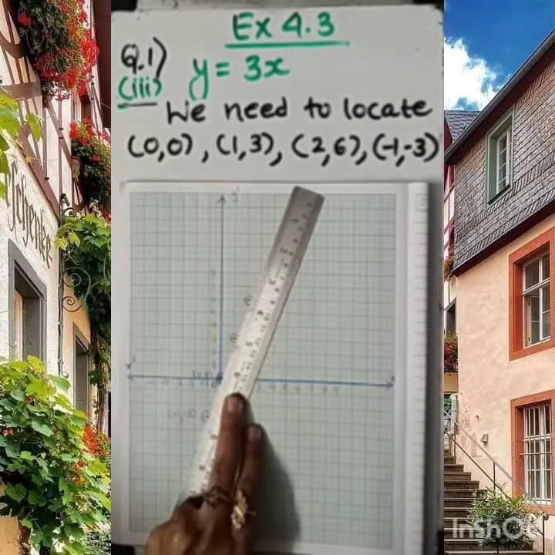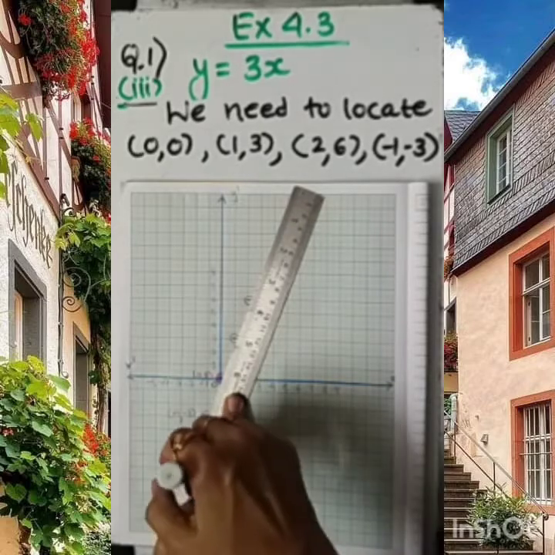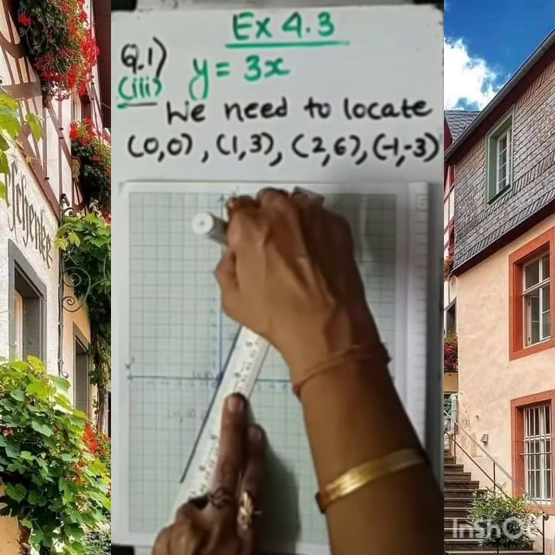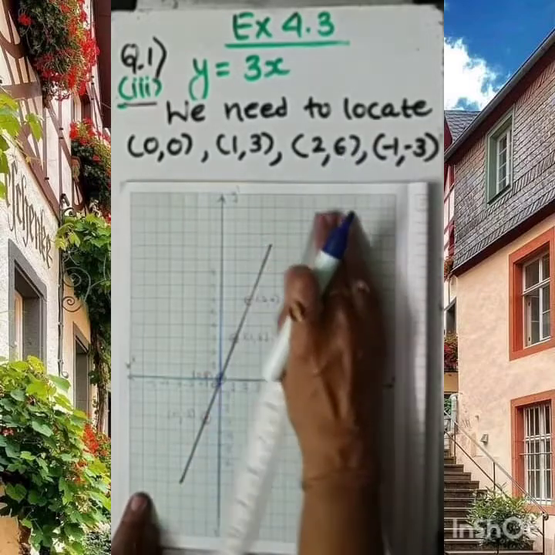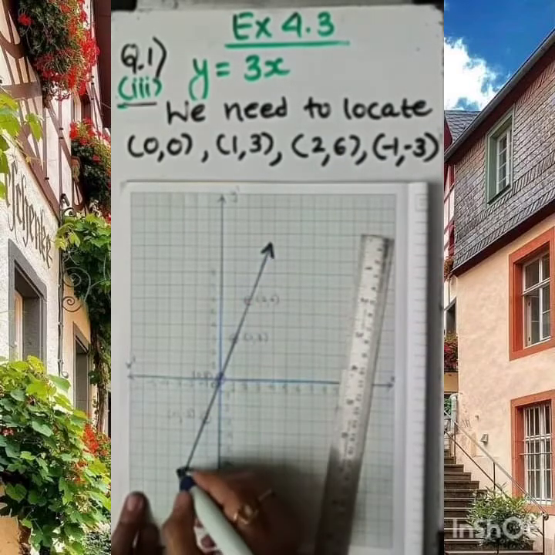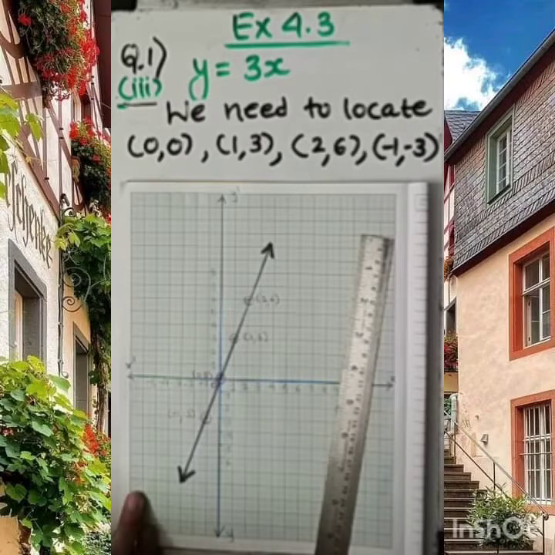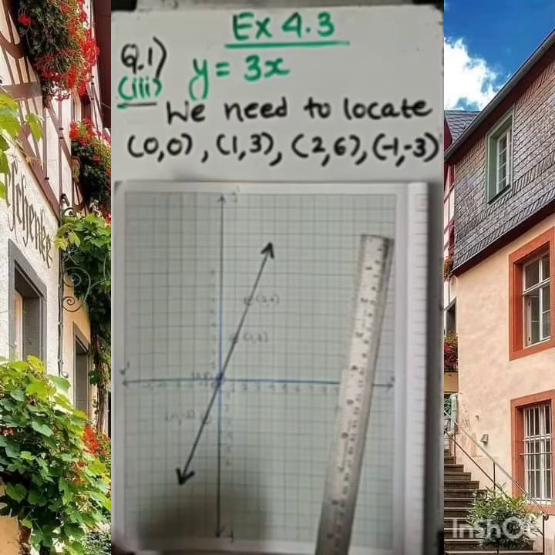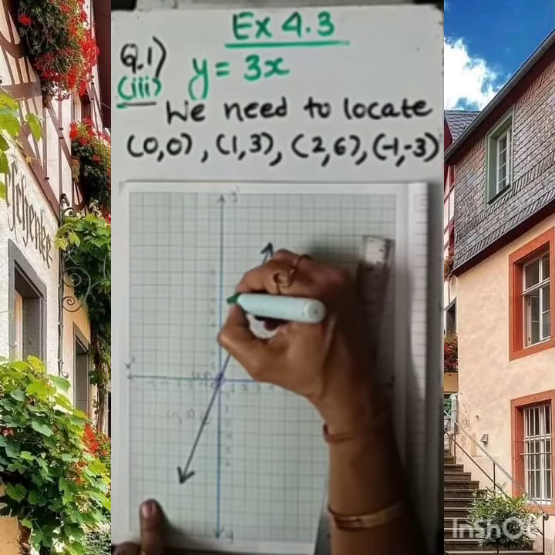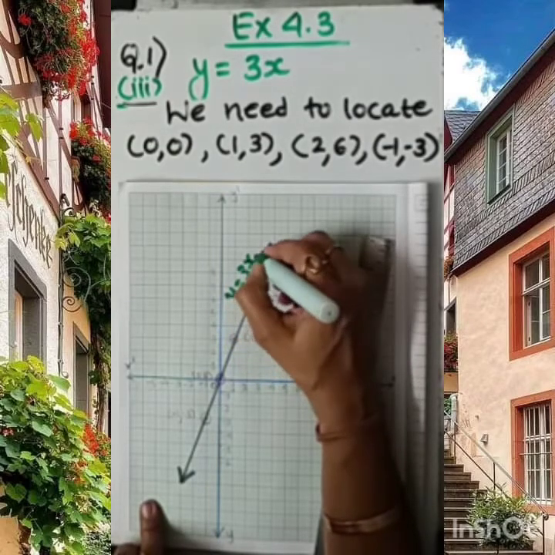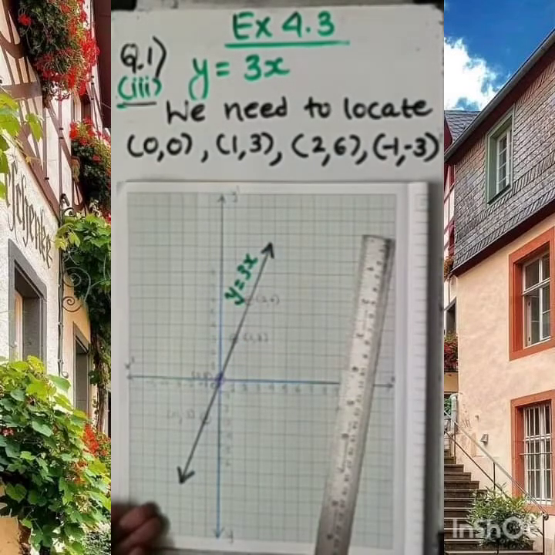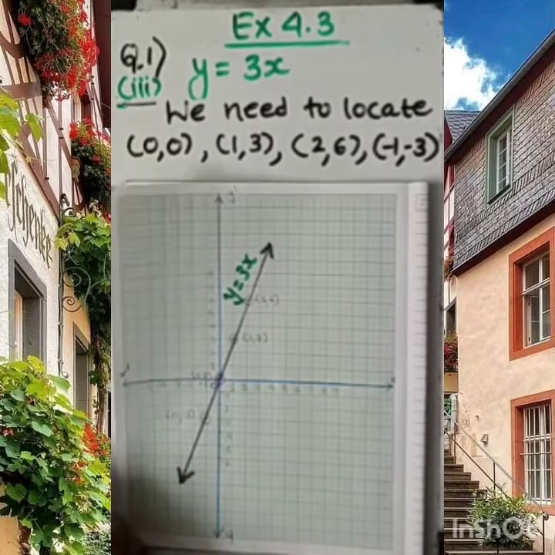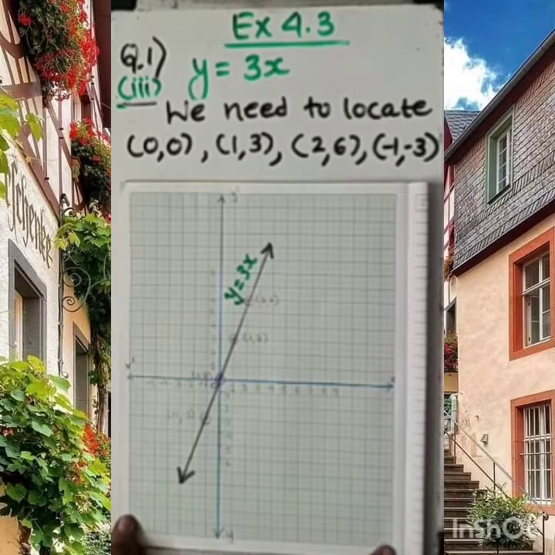Now we are going to join all these points. So here you can see on your screen, I am joining these 4 points and drawing one line here. This line is indicating what? This line is of y equal to 3x. So let me note down, this is the graph of y equal to 3x. So this is the complete graph work. Along with that, the location of the points I have also defined here. So we complete the third question.